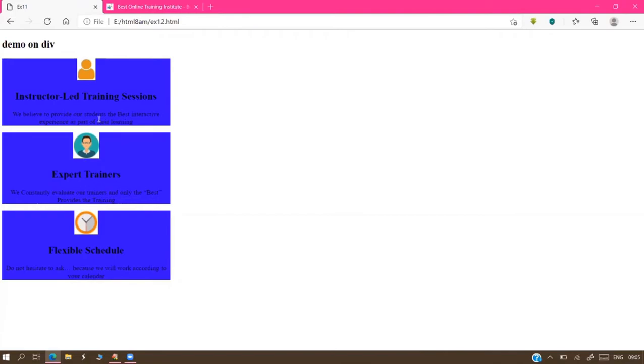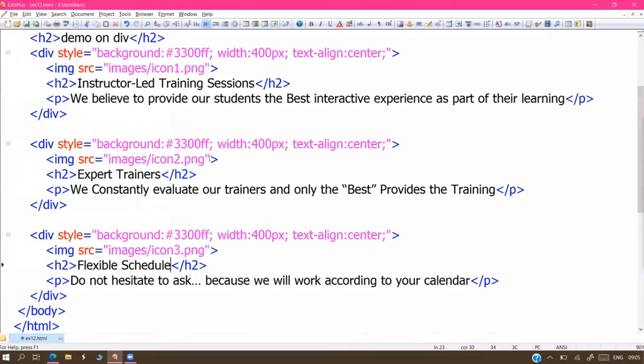And in this outline, if you observe, the images have different sizes. Image measurements, different sizes are available. So it is better to maintain the same size.